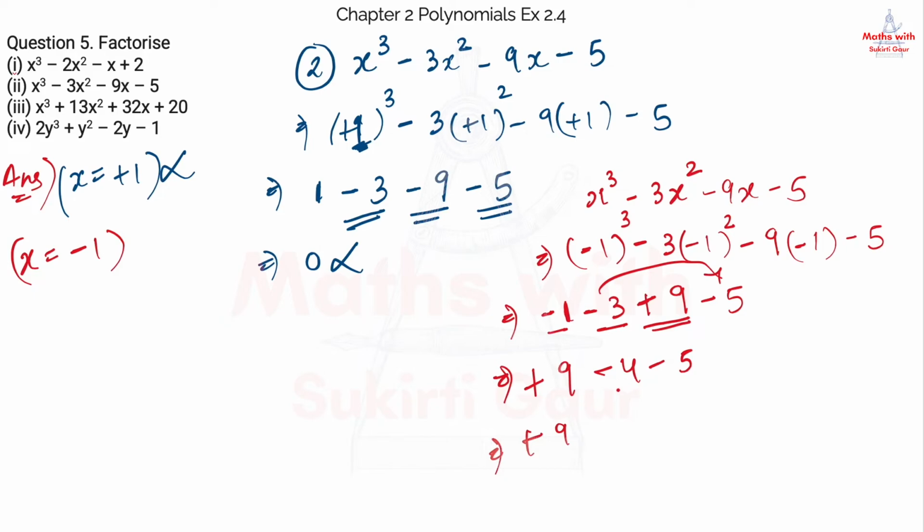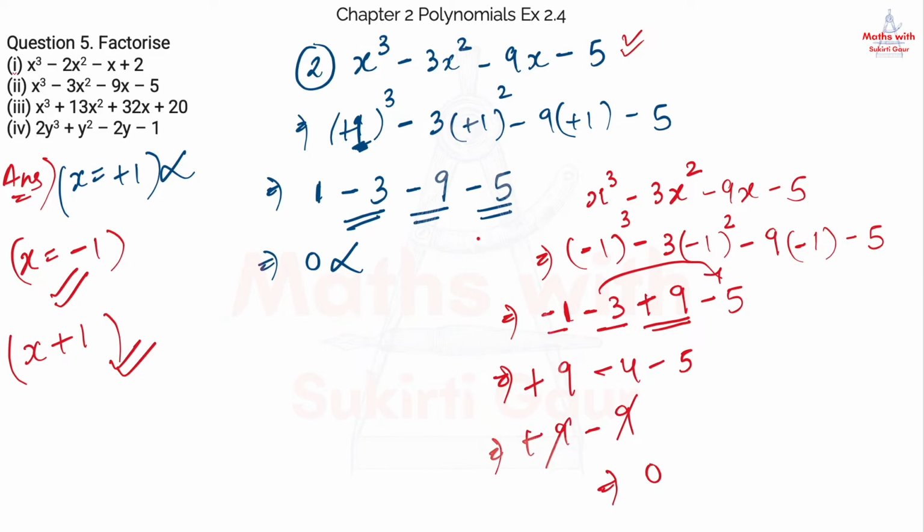What will they give us? Minus 4 and minus 5, minus 9, right? It will get cancelled out and it will give us 0. So this is the value we wanted, and now I can see I have the first factor as x plus 1. Okay, proceeding with this factor, we are going to divide this cubic polynomial, and